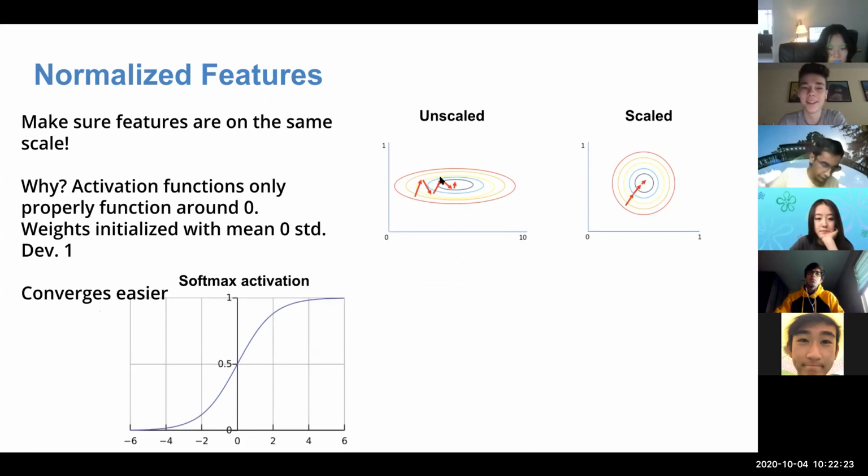In practice, sometimes if you don't normalize your features, nothing is going to work, especially if they're really bad, like some features in the thousands. It just doesn't work because activation functions are centered around 0. And as you can see, when you feed in values more than 6, the gradient becomes 0. So if your data set consisted of values around 1,000, nothing would work because the gradient